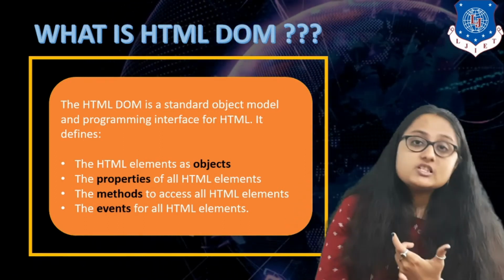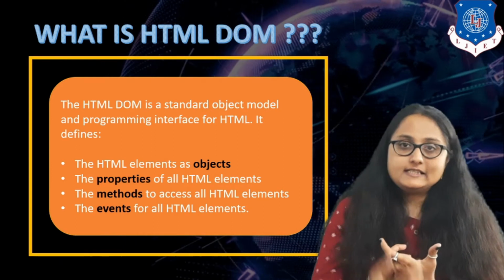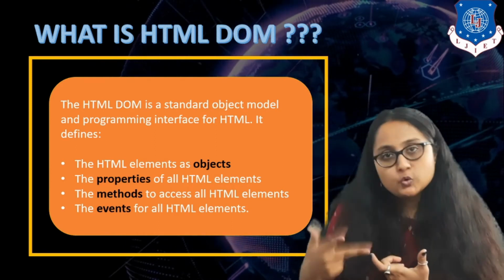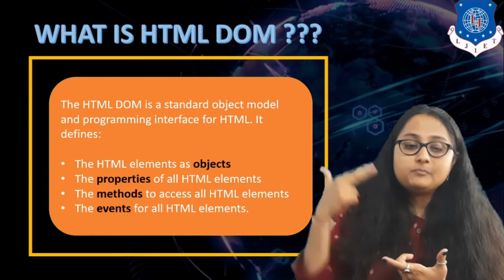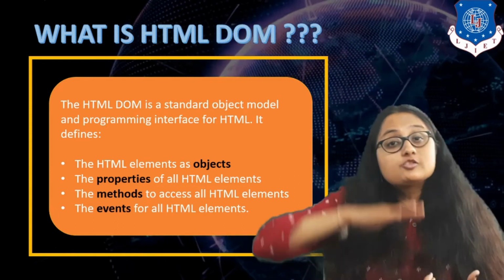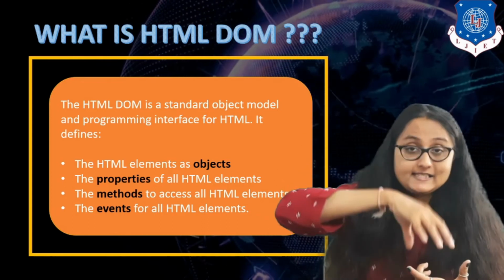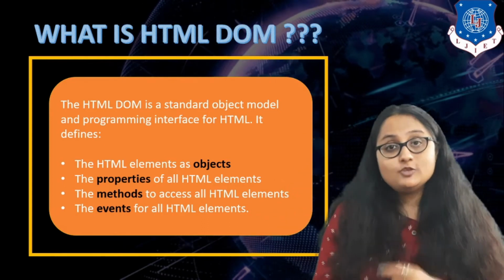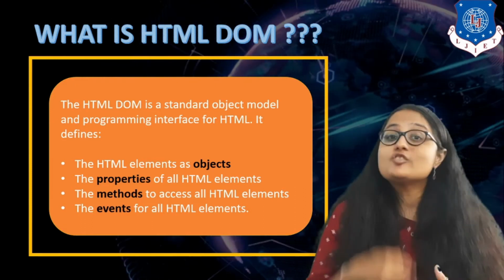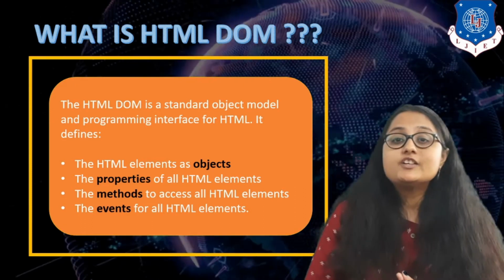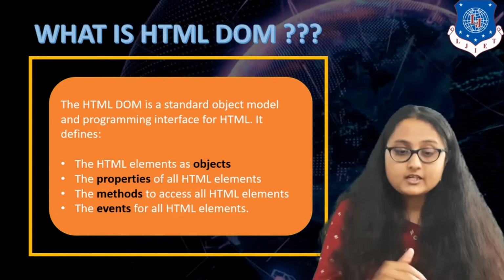So because a text box is an object, that particular text box will have two things. It will have properties which are related to it, and it will have methods which are related to it. So in JavaScript, if you are accessing the text box, you can dynamically change the properties of the text box as well as access all the methods associated with that text box, right?